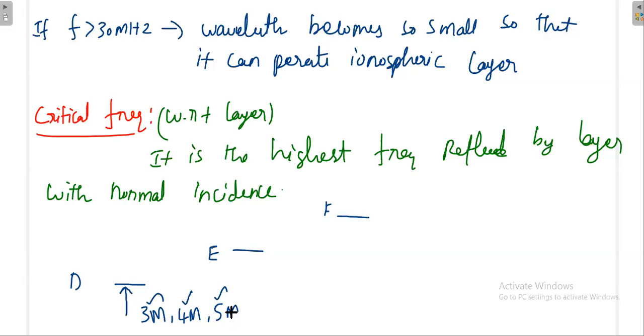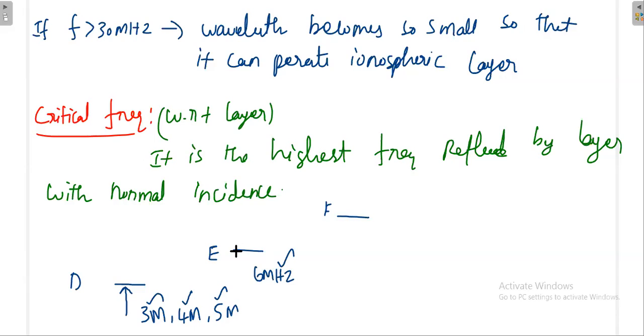Once you launch vertically, if I use more than 5 megahertz, then that will not reflect. Then what is the meaning? 5 megahertz is the critical frequency of the D layer. If I use any frequency less than 5 megahertz, definitely that layer will reflect. That is the idea. Then if I go above 5 megahertz, say I am using 6 megahertz, that may be reflected by